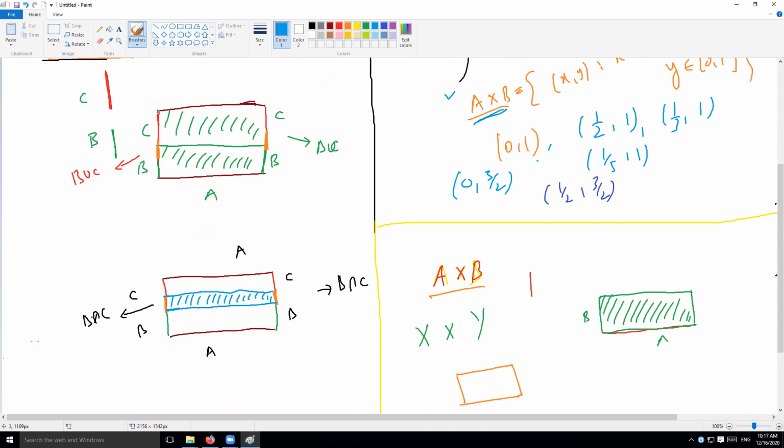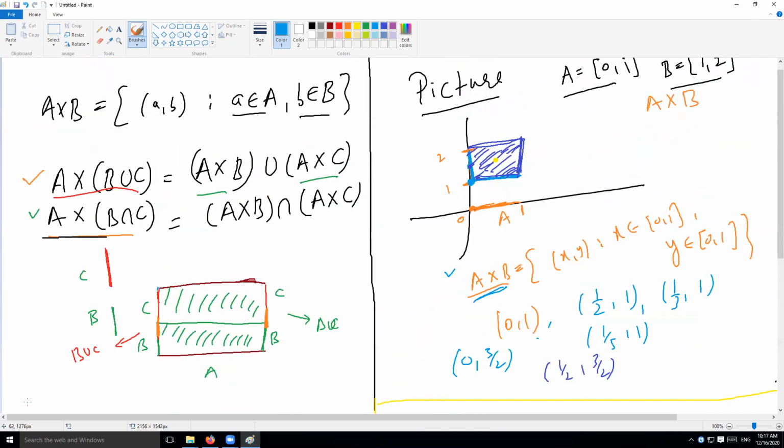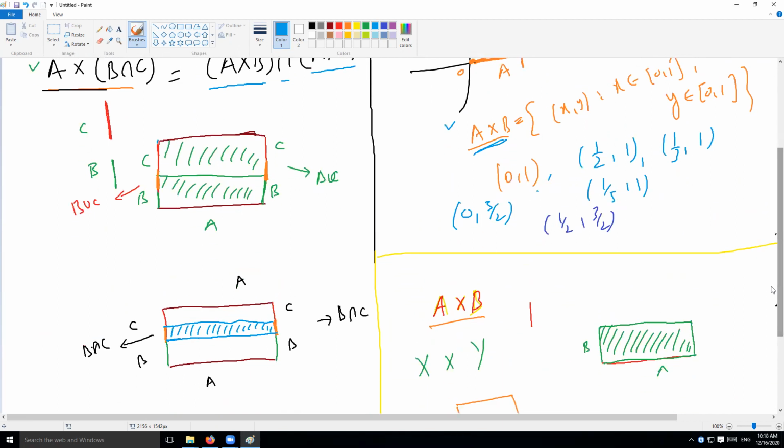But the other side is telling us an interesting thing. It says that you can also get the same part by first making a rectangle of A cross B and a rectangle of A cross C, and then seeing what is common in both. You should get the precise same rectangle. So how can I see it? Let me use some other color. So where is A cross B? Maybe B is up to this point, and C is up to say this point. So make a rectangle up to